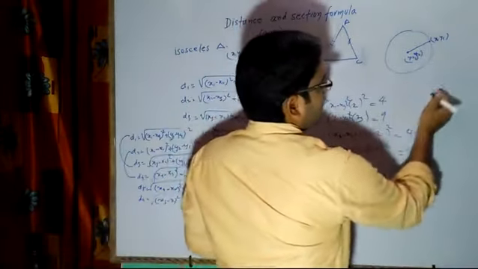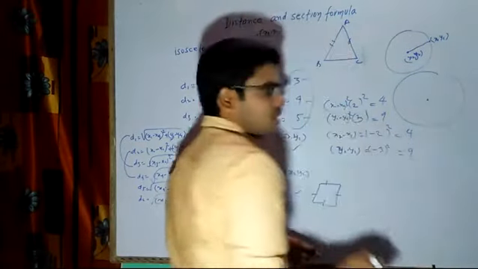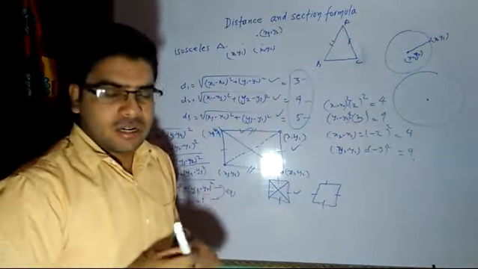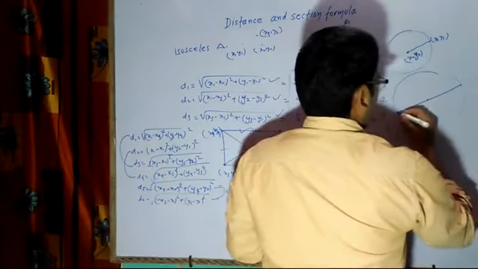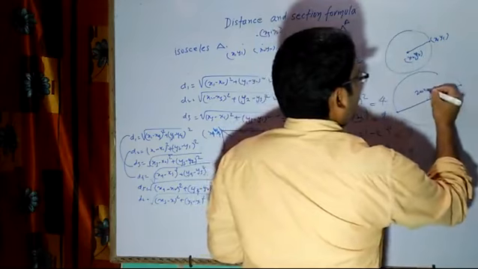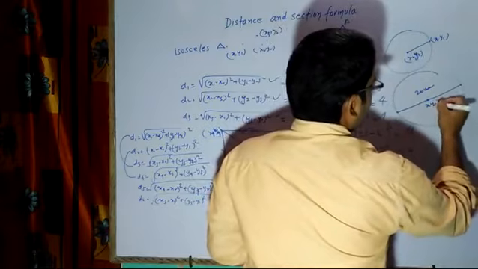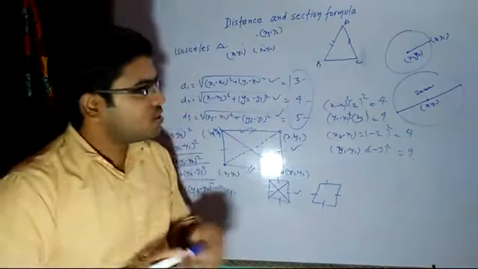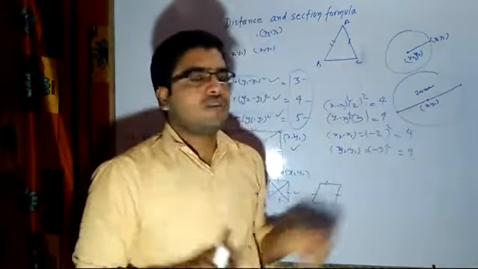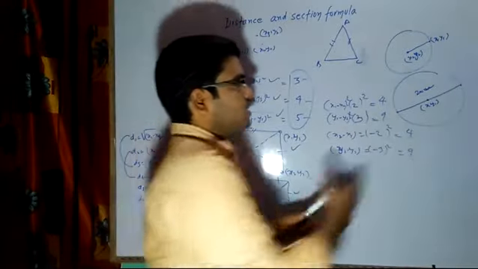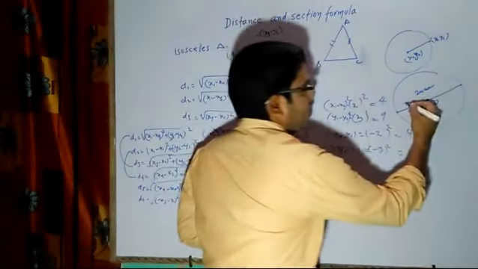Now one more thing, sometimes they will give you a circle and then they will say that one point is the center of the circle, and one line is passing through the center, and its length is, say for example, 20 units. Understood? So here you have certain points x1 y1 given, and then they will say one line is passing through the center and meeting the circle on the two sides. So obviously this whole length will be equal to 20 units, that is actually the diameter. So the radius will be equal to 10 units.